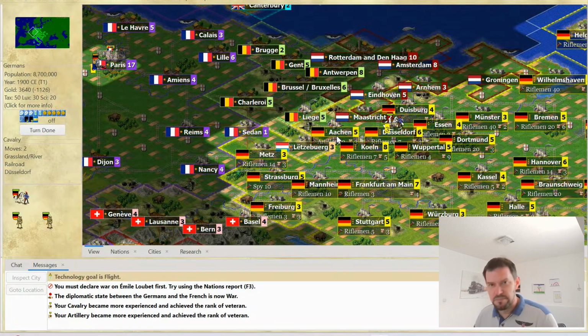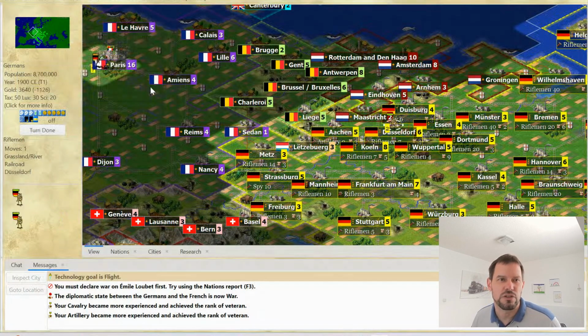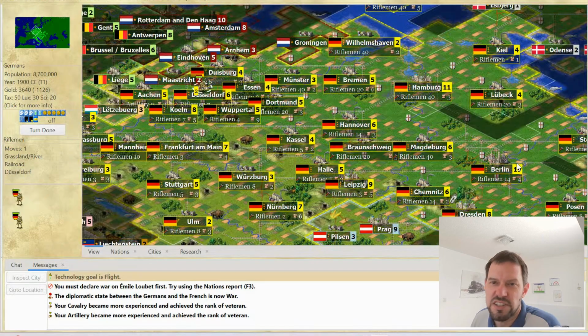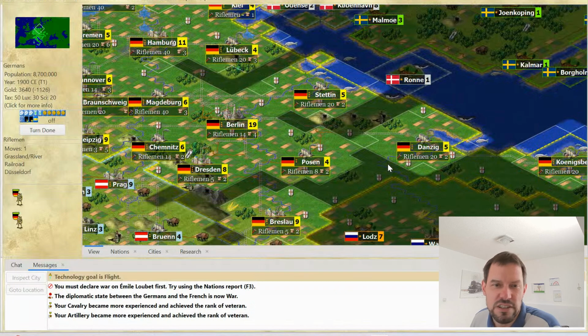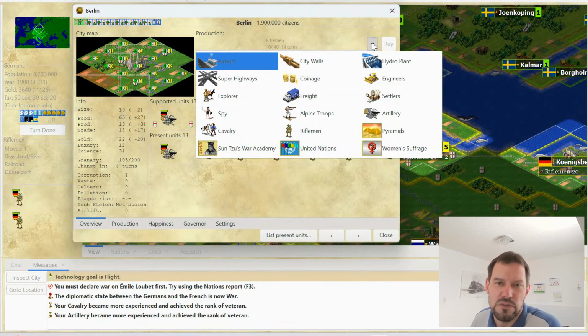Again, a win. And the next thing that I wanted to discuss was that I also want to build a world wonder. If I now pick a city which is big, so it has a high production, and it is more or less in the center of Germany, so most probably it will not be attacked by a foreign nation, I would say that Berlin is a relatively good city to build the next world wonder. What do we want to build? We want to build